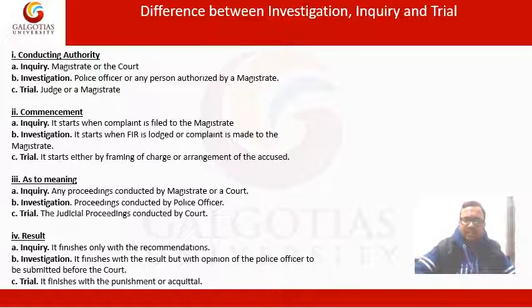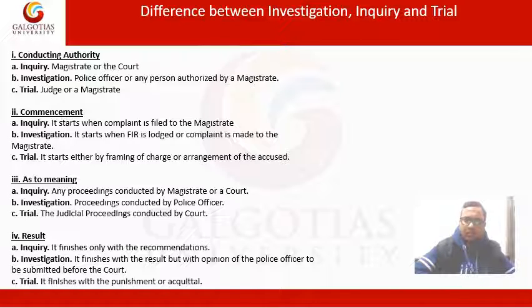Investigation, when it comes, the actual stage starts with the filing or lodging of an FIR, and in certain cases by a complaint where the magistrate orders an investigation. In trial, it starts either by framing of charges or by arraignment of the accused. So the stage of commencement of inquiry is normally after the complaint has been filed, and in certain cases after the submission of the police report. Investigation is when the FIR has been filed or lodged, and trial when the framing of charges has been done